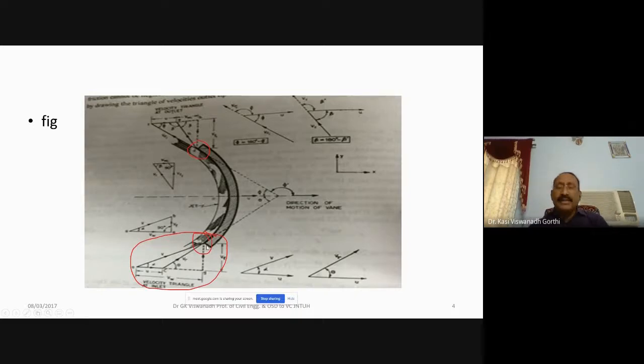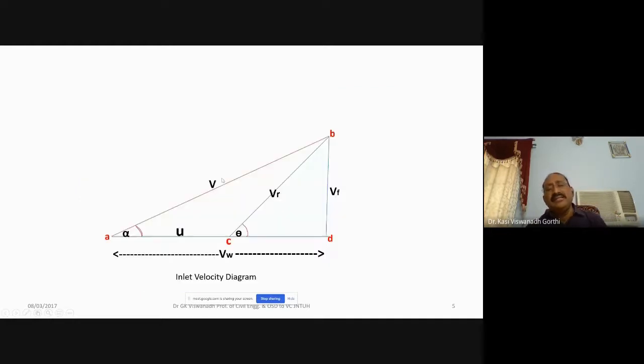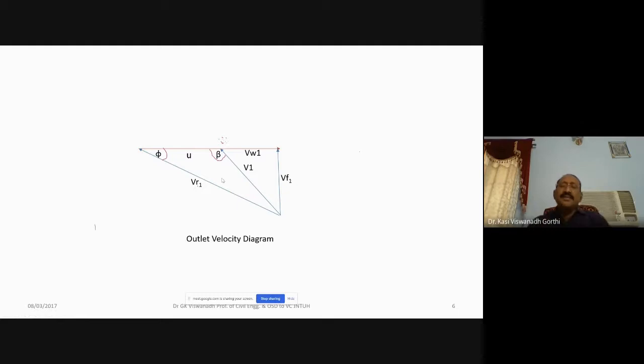But if you consider the losses also, it cannot be the same. So the relative velocity at the outlet tip cannot be the same. It will be slightly less than the relative velocity at the inlet. So let it be represented by Vr1, relative velocity suffix 1. Here the suffix 1 represents that the parameter is at the outlet. So this is the outlet tip. At this outlet tip, Vr1 is represented as the relative velocity at the outlet tip,